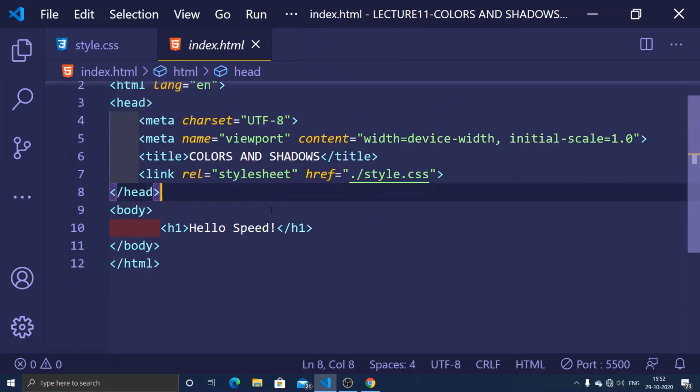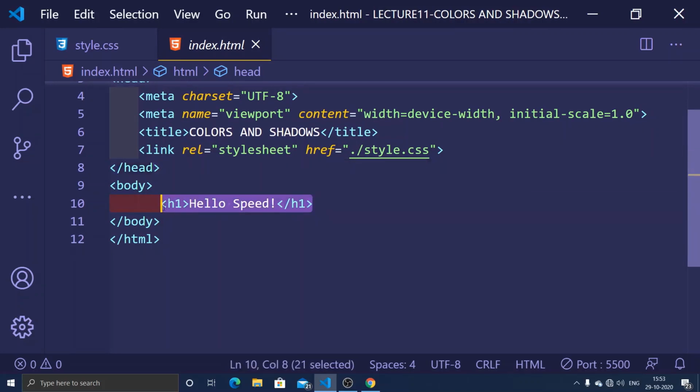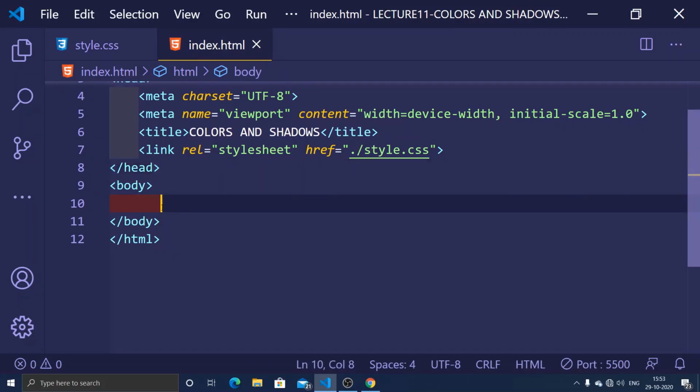Okay, so I'm gonna create a div tag over here. The div tag, as I have already discussed in my previous video, is used for the creation of different sections on your browser. Means if you want to create a different section in your website, then we are going to work with the div tags.